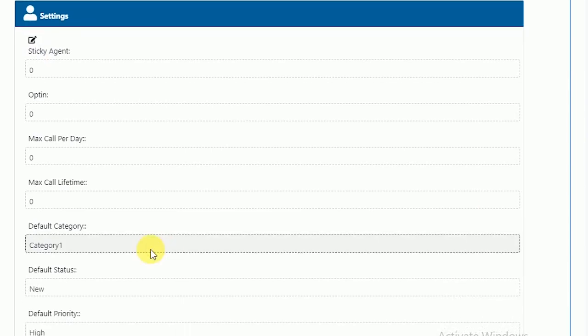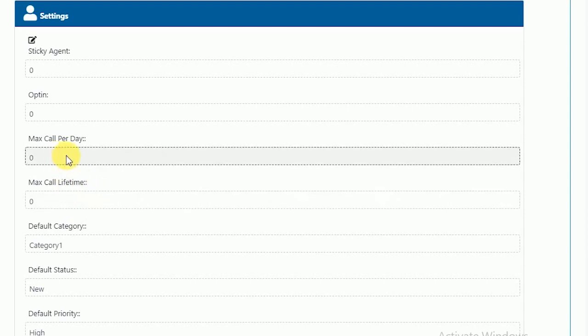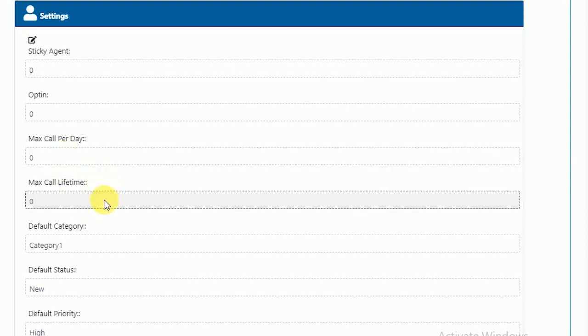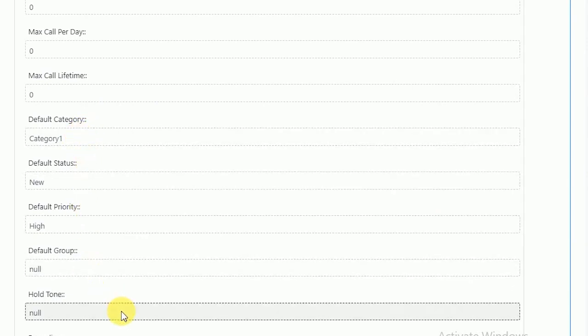So moving on, we have the limit option where you can set the call limit, like how many times a particular caller can call you in a particular day or lifetime. Then moving on, you need not make any changes in all these things like default category, the status, priority and all these.